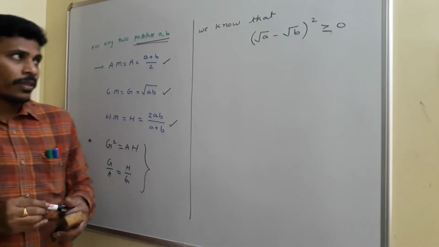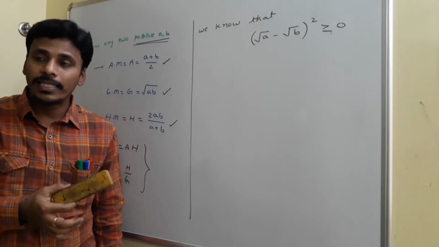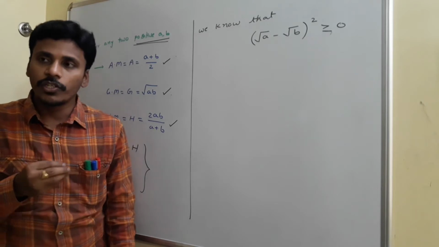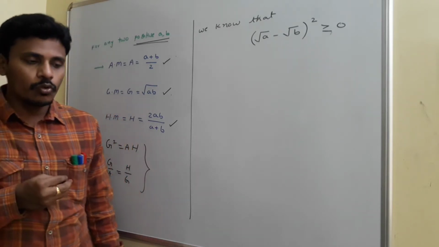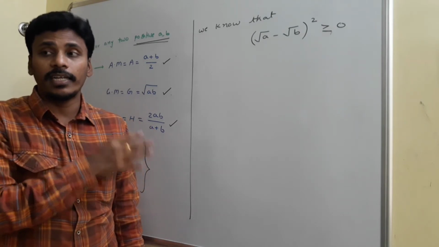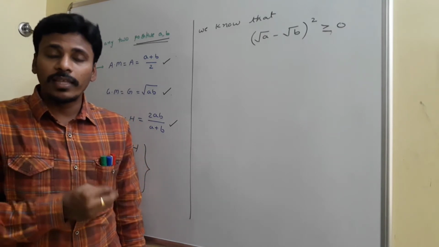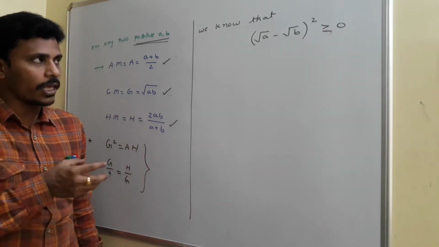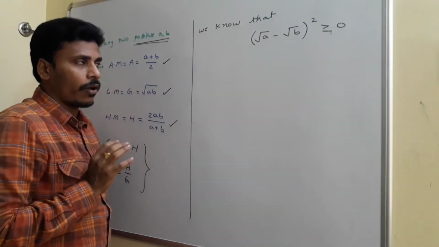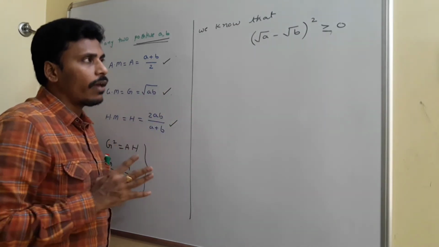See, look at this. This (root a minus root b) whole square greater than or equal to 0 is a standard algebraic identity. Identity means which is true at all times, which is true for all values, forever it is true, right? So this is such an identity that (root a minus root b) whole square is greater than or equal to 0. The square of anything is always either greater than 0 or equal to 0. So this is a universally acceptable identity, right? So this is a tool which you have in your minds. You can use it anywhere if you need, right?